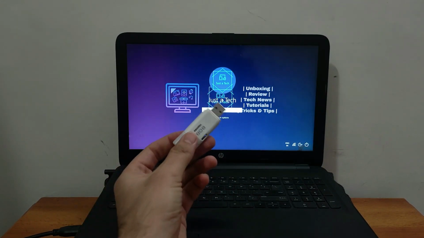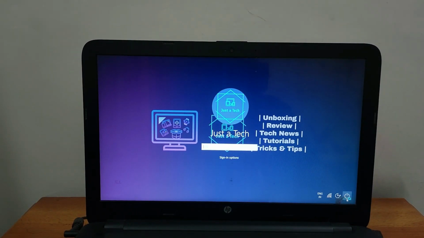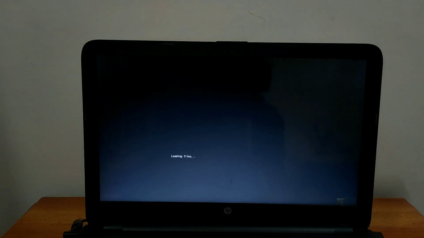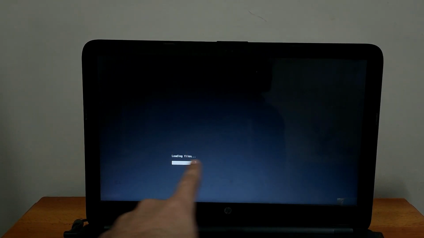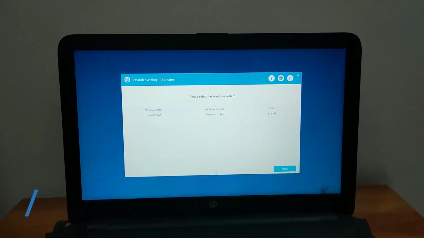Now for the practical, I will show you. This is the locked PC. As you can see, it's asking for the password and the PIN. I will insert the USB stick here, which I made as the recovery disk from Password4WinKey. After that, just simply reboot this PC. Now just go to your BIOS settings. Now select the USB stick and click on enter, and it will run the Password4WinKey recovery tool process.